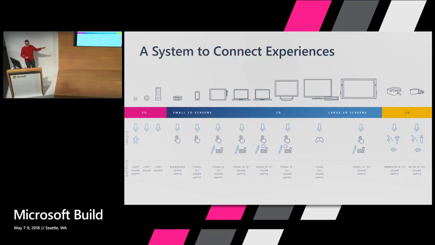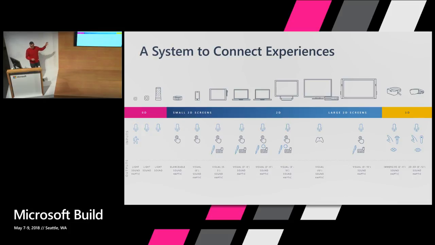Now, this is a slide you may have seen in other presentations. It's one of my favorites. It really kind of shows the amount of work as a developer that we all have to do in order to reach our customers and all the different devices and inputs that they're having to manage each day. And for customers, this is also incredibly daunting because as we're finding that customers are working across workflows using multiple devices, this is a lot of cognitive load to go through as you're starting to move from device to device.